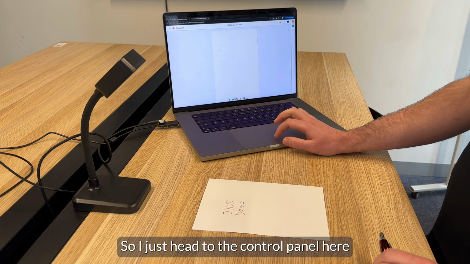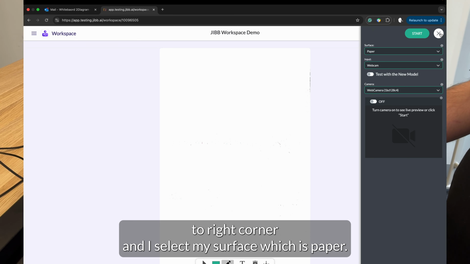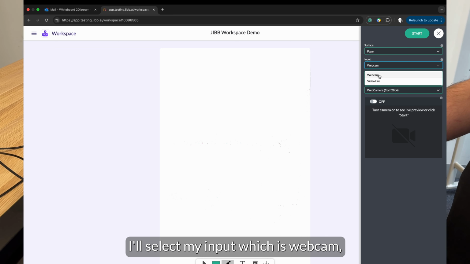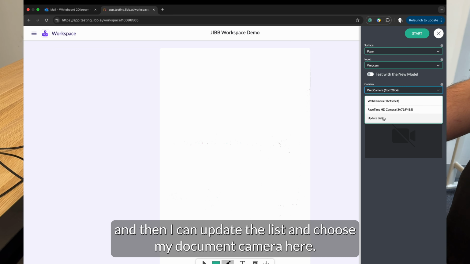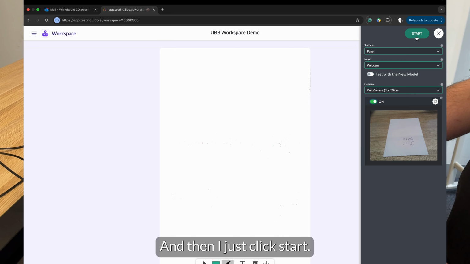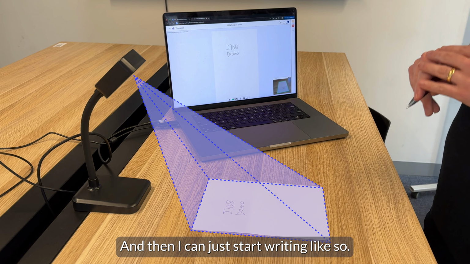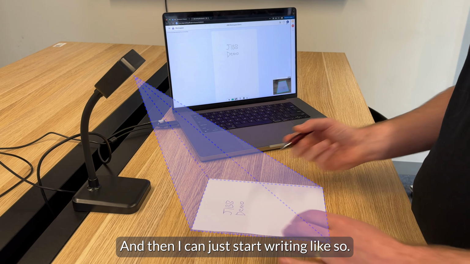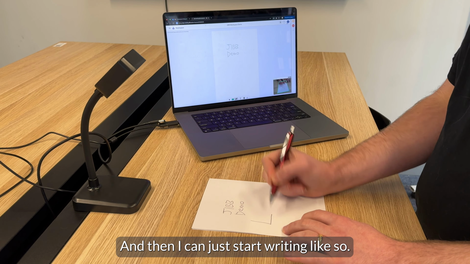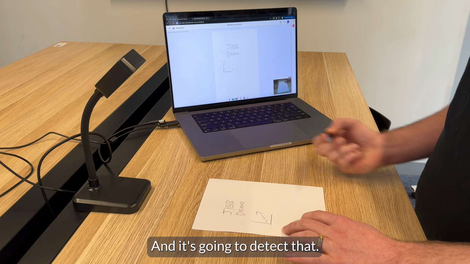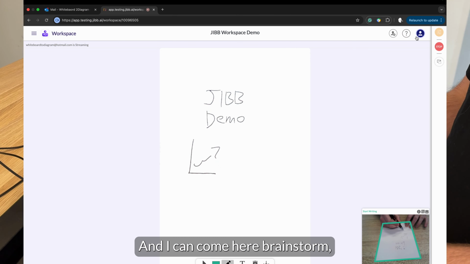So I just head to the control panel here at the right corner and I select my surface, which is paper. I'll select my input, which is webcam, and then I can update the list and choose my document camera here. And then I just click start, and what it's going to do is it's going to auto detect the surface, and then I can just start writing like so, and it's going to detect that,